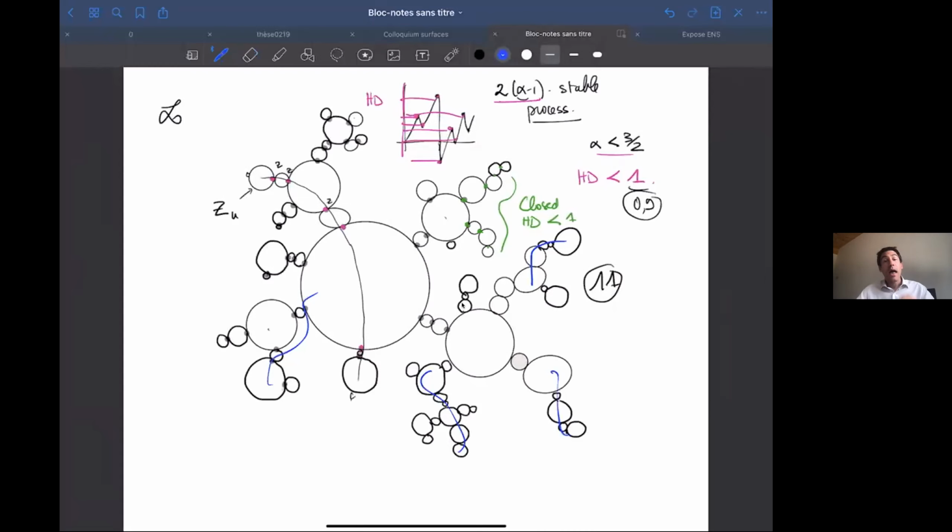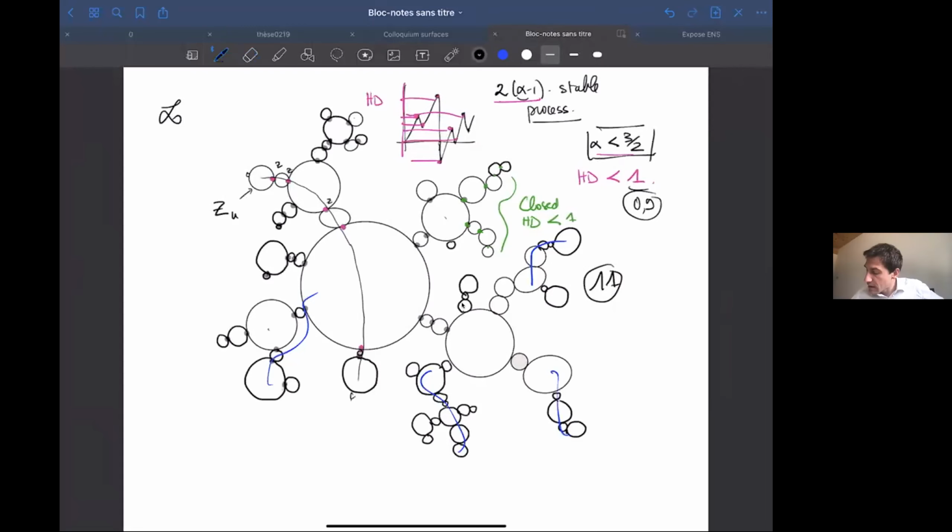And so you prove that way that if you are in the dilute phase, you cannot cross the loop tree at 11 places with the same label.